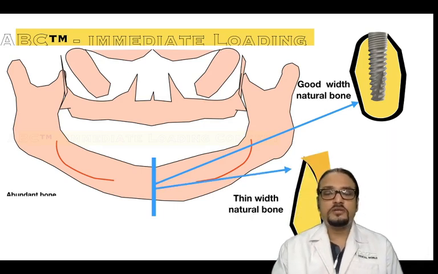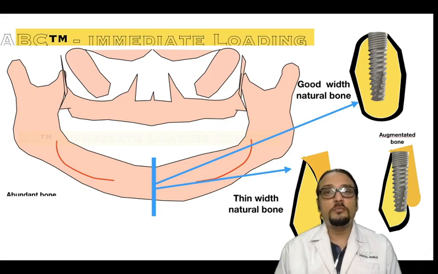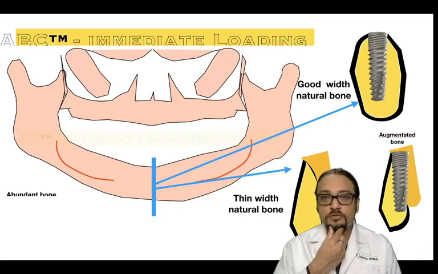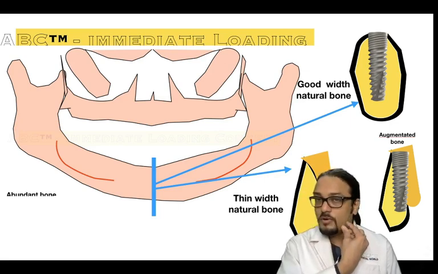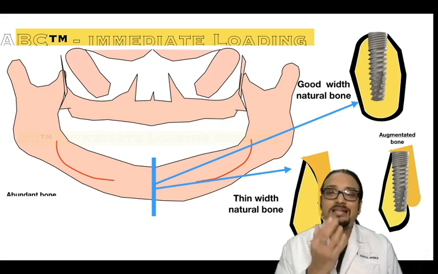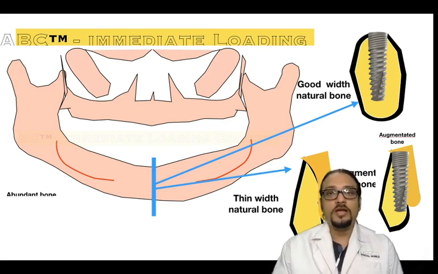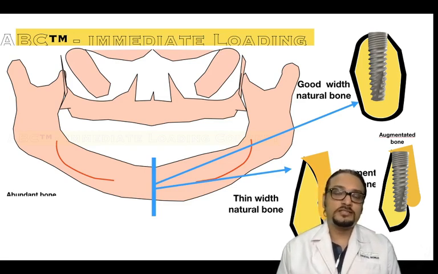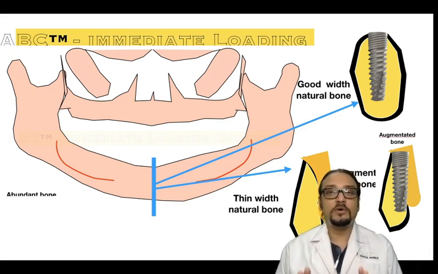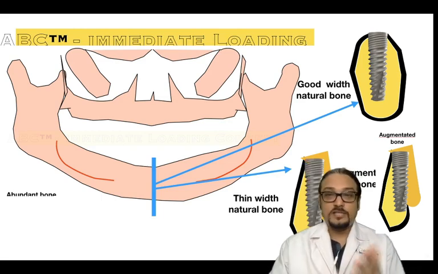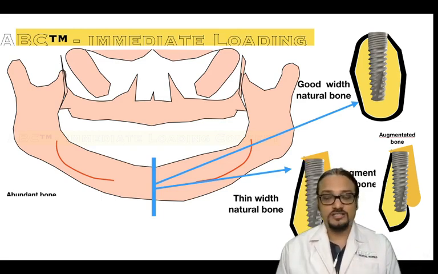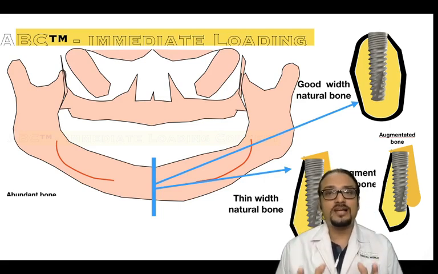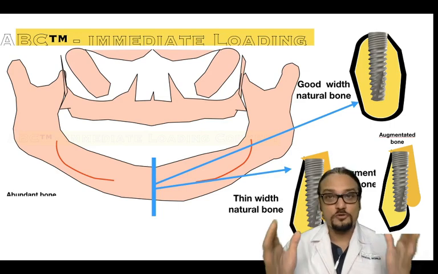So in that situation, what many doctors do is bone grafting. Either they take bone from here, or from the inner side of the jawbone, and then they transplant it over here. So this is nothing but an augmented bone. But in 90% of cases, there is a possibility that some problem or other arises when it is an artificially augmented bone, and this is not so successful. The best success rates are when the implants are placed into the patient's own natural bone.